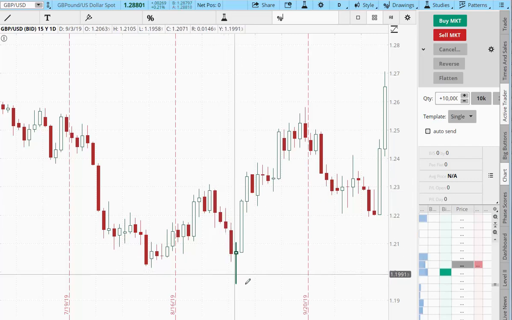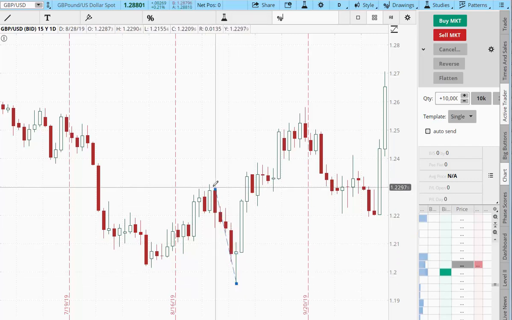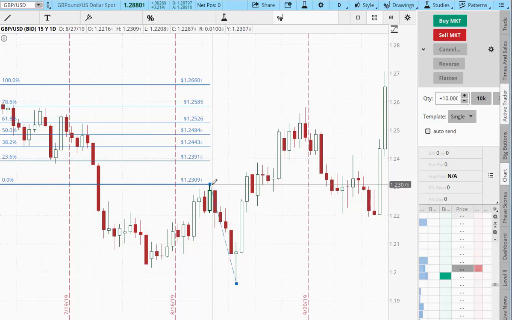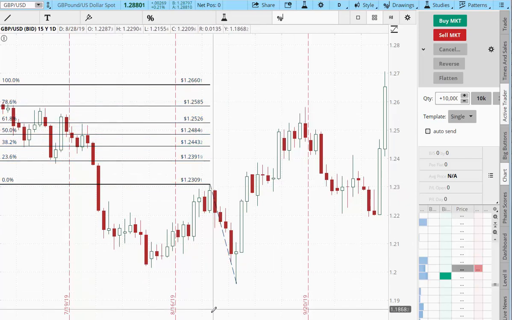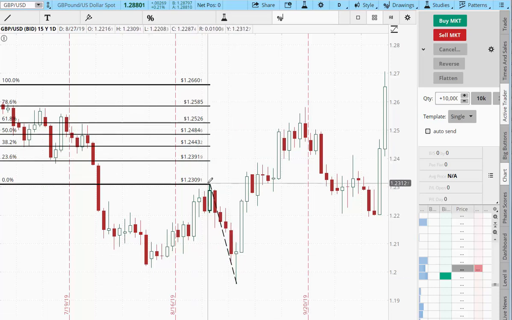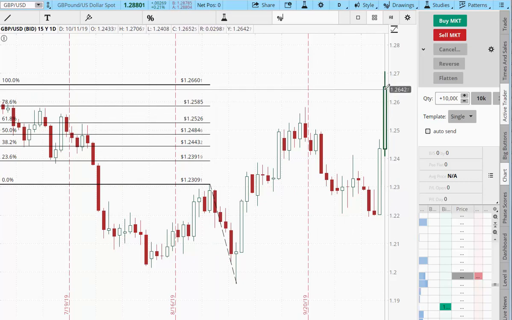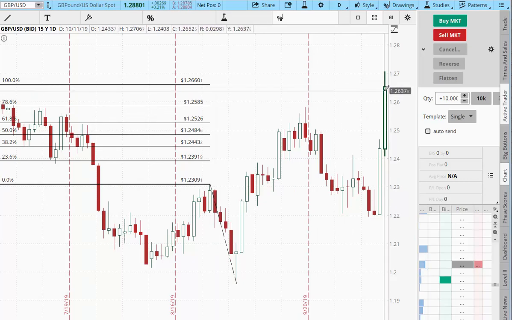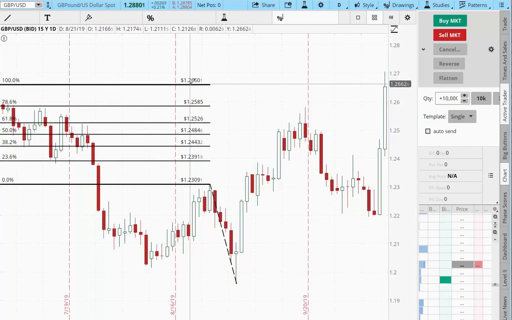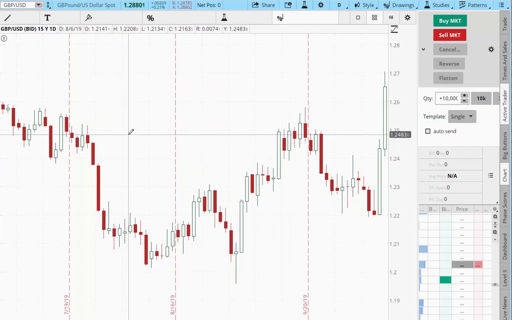Hold on, let's see. His target was 100%. So if this distance is from here to here and his target's 100%, his target would be up here somewhere, which it eventually made, no question. Okay. So what I suggested, I said, well, look, there's three different ways of approaching this. You can get the breakout, you can get a pullback system of some kind, or you can have a point that you consider a significant reversal point,